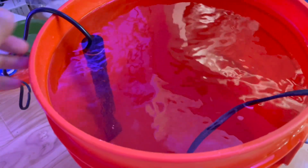So right now it's at 67. I'm gonna wait for it to get to 78. It's 300 watts and this is just 5 gallons. The water's circulating right now. I'll add the salt. Alright, so I ate some lunch and this thing's already at 78,